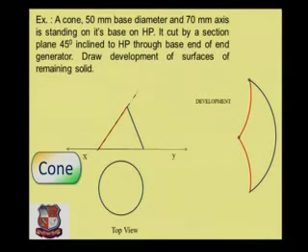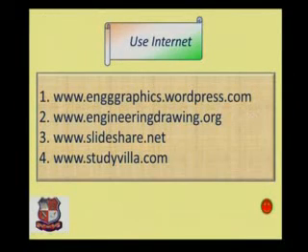We can see this is a cut section of the cone, front view, this is top view, and if you develop this cone of this given data, its development would appear like this. Is it clear? These are some important websites which you can refer for some problems. Now we discuss some drawn problems, so that you will be much familiar how to draw all these problems on drawing sheets.